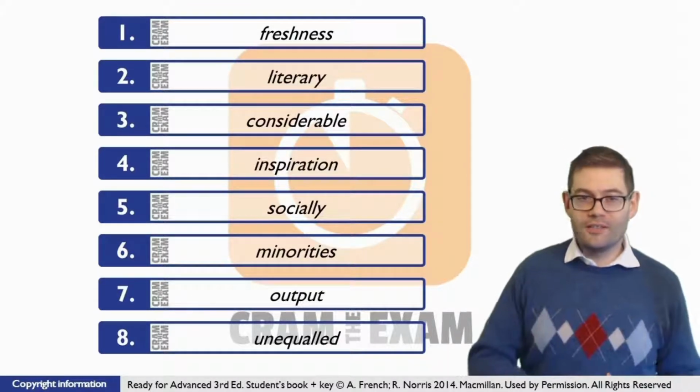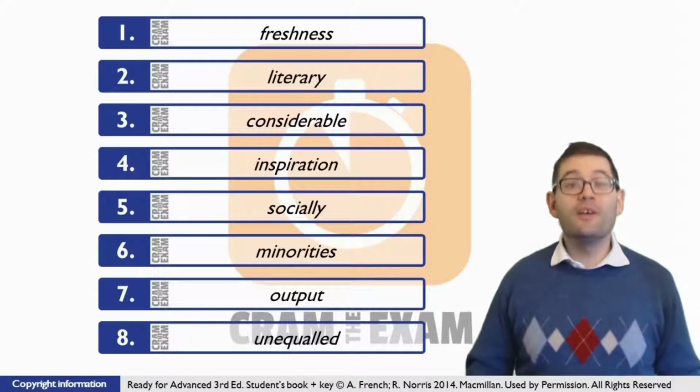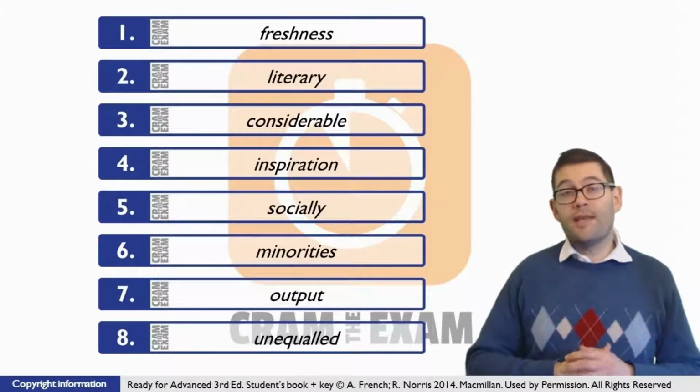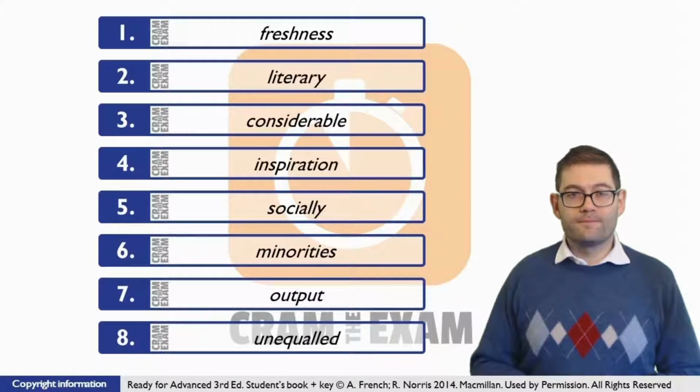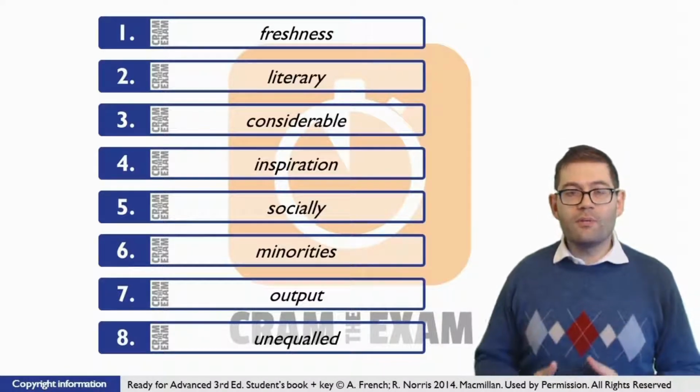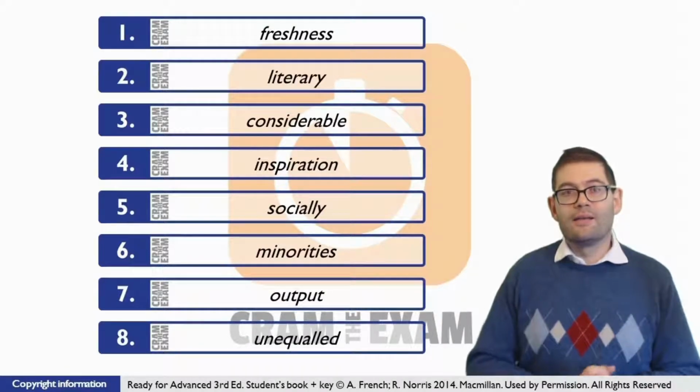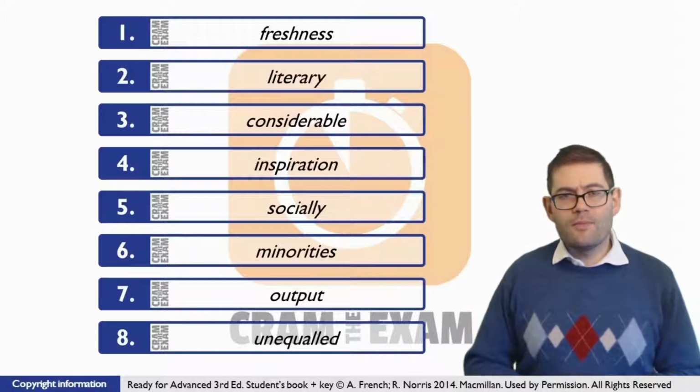Question 4, easy peasy. Before the gap we've got an article. We don't have the noun to which that article refers, which means we need the noun. What's the noun? Inspiration. For question 5, you're probably thinking this is nice and easy as well, but actually it's a bit trickier than you might think.